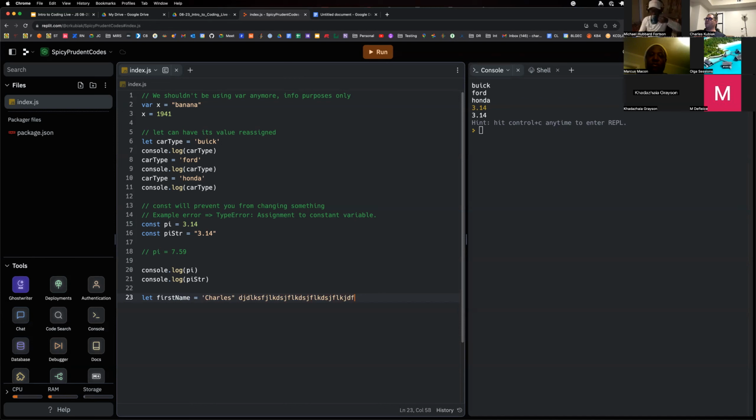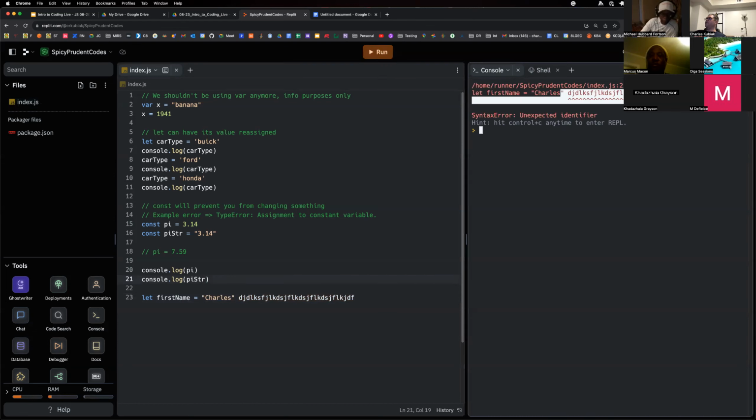And same thing here, if I change this to a double quote, they will always pair off with each other. And then anything that's outside of the paired quotes will no longer be part of the string, and it should throw an error. Right, so the computer is telling me what is going on,